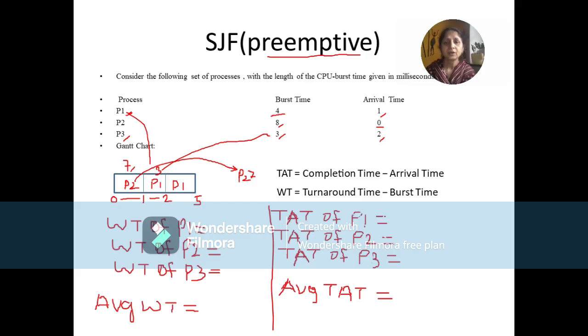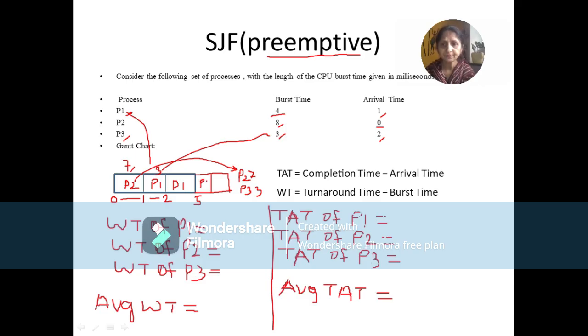Okay, so who is remaining? P3 is remaining. In our ready queue, we have P2 with 7 milliseconds and P3 with 3 milliseconds. Is there any other process arriving after this? No. So now we don't have to worry about the interrupts. So directly, what we can do? We can show that when we compare P2 and P3, P3 is smaller. P3 has a smaller burst time than P2. So P3 gets a chance to get inside the CPU.